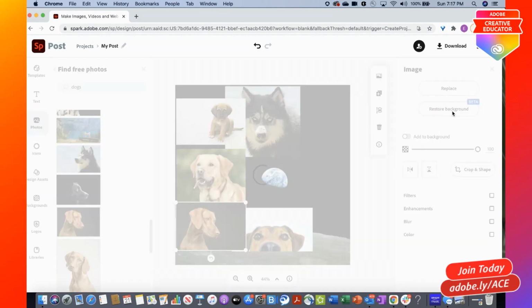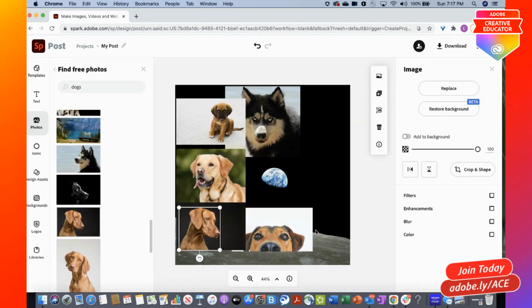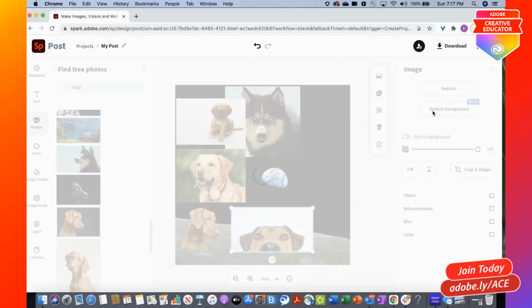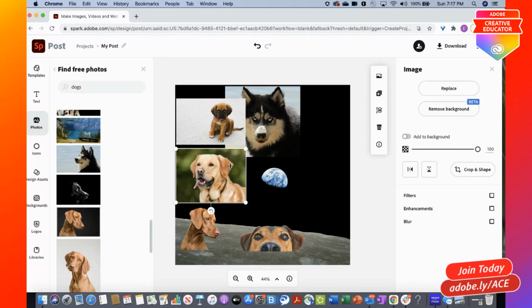All right, so I'm going to go here, and I'm going to remove the background. So as long as you are clicked on the image that you want to remove the background from, when you go into remove background, you're able to